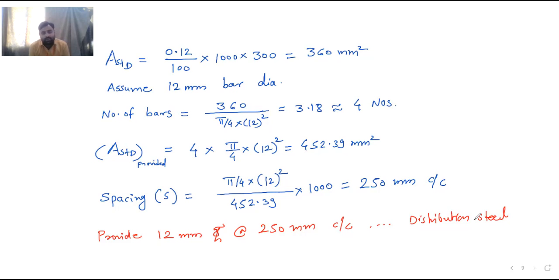So instead of going for taking the check for the shear, or shall I show you the step how to take the check for shear? It is always safe, but do you want the calculation step how to take the check for shear? If you say yes, then I will show you the steps. Otherwise, there is no need. So what you want?